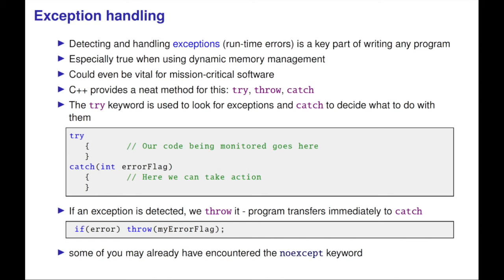Now, some of you may already have encountered the noexcept keyword, which essentially says that something can't throw an exception. If I remember right, Visual Studio requires you to implement it on move constructors and move assignment operators. So essentially the noexcept keyword really means this code cannot throw an exception. This is called throwing an exception over here. So that's a clear statement that you don't have to worry about that. There are places where you don't want it to happen because the code couldn't deal with it at that place.